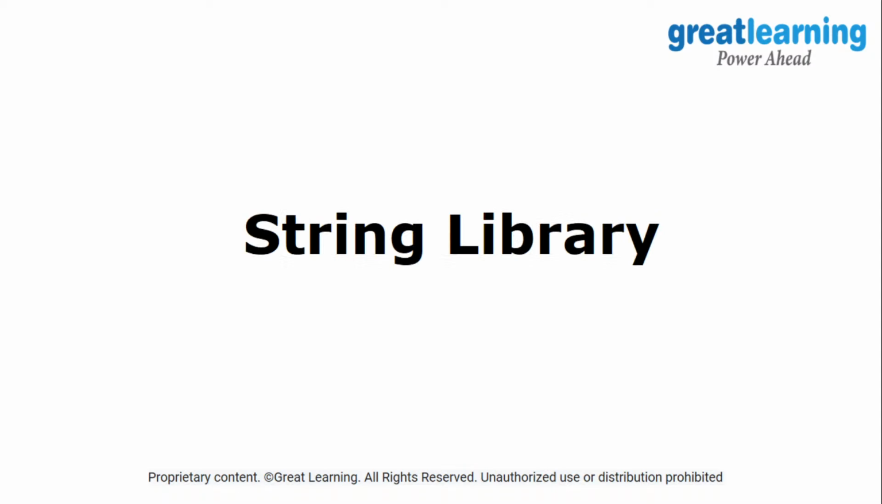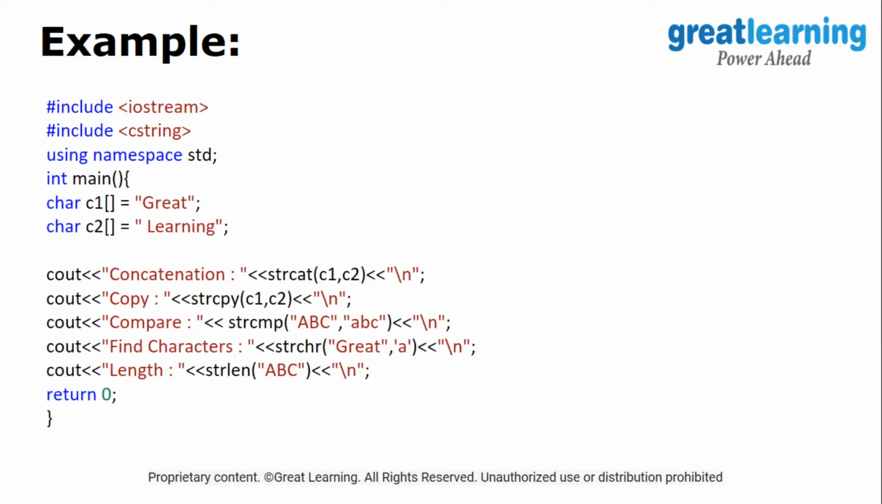Now let's talk about the string library. We have several functions that are present in there, and that is why we are including this C string header. In this you will have these functions available. strcat is nothing but concatenation. You're concatenating two strings, right? So if I'm doing strcat on c1 and c2, you have a character array,